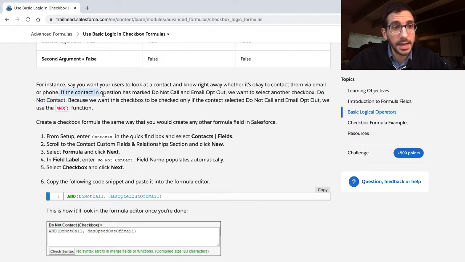Then, if the contact in question has do not call and email opt-out, we will select a new checkbox that we're going to create called do not contact. Because we want this checkbox to be checked,